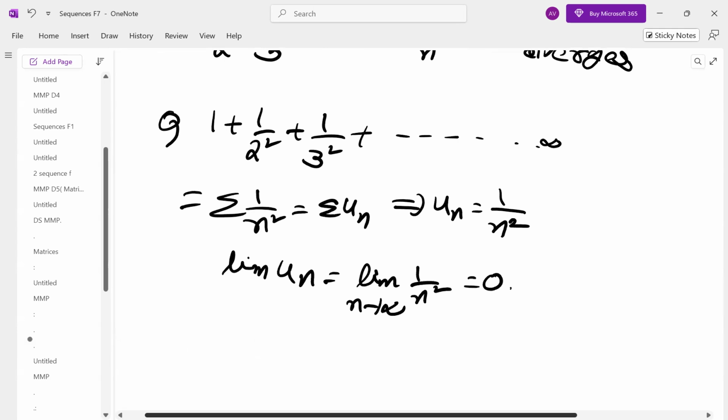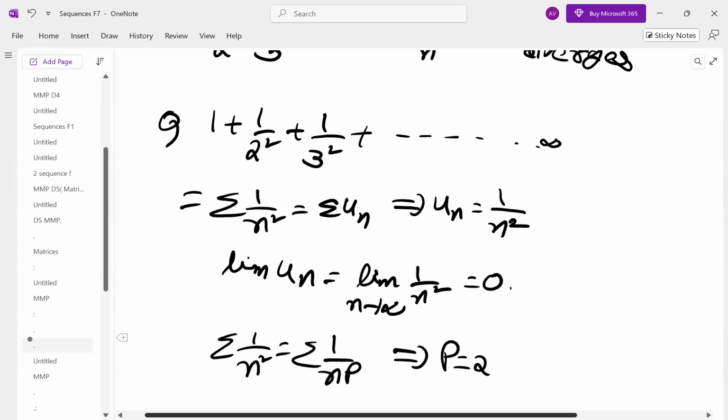Therefore, it may be convergent, it may be divergent. But how to break the ambiguity? Using the auxiliary series test. So summation 1 by n square is 1 by n power p. P is equal to 2, greater than 1. Therefore, summation 1 by n square